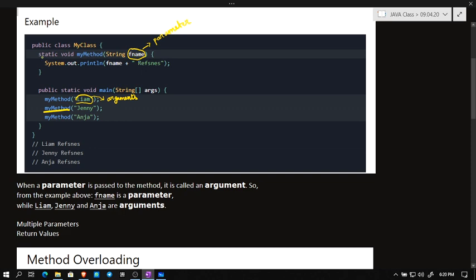And in the definition of the method or function that we are calling, the first line of that method, there are certain variables that are defined. These variables are called